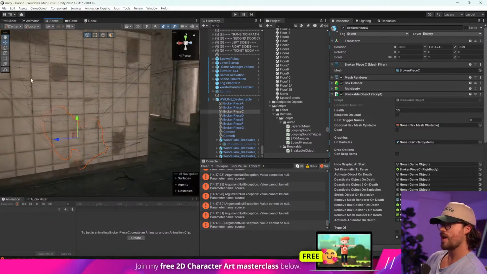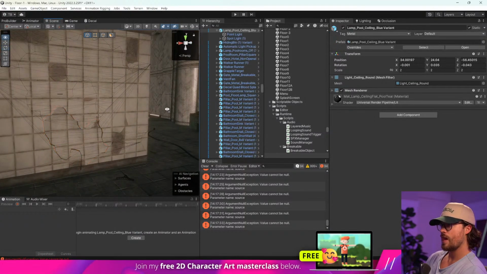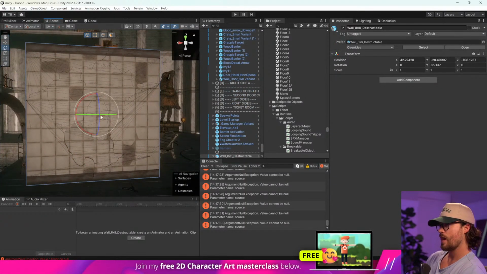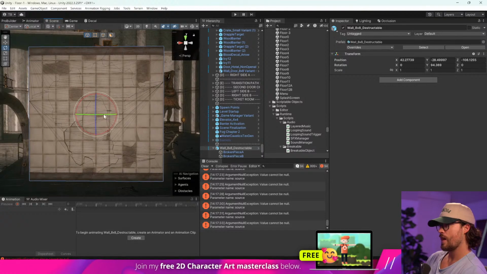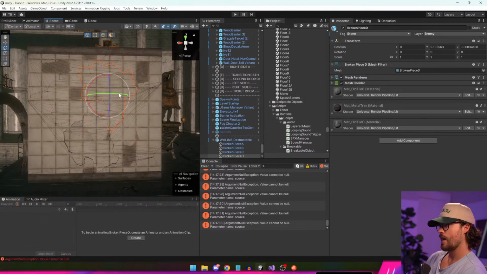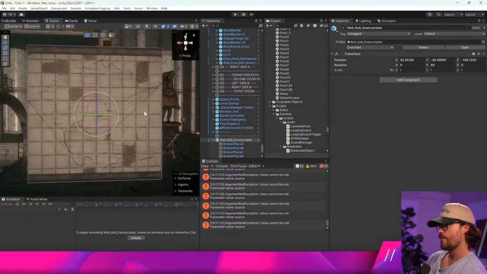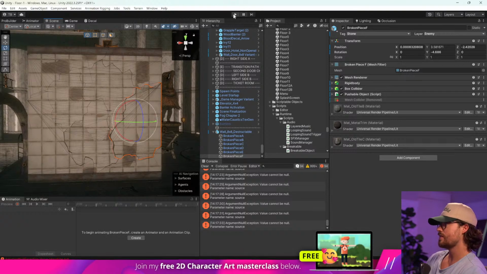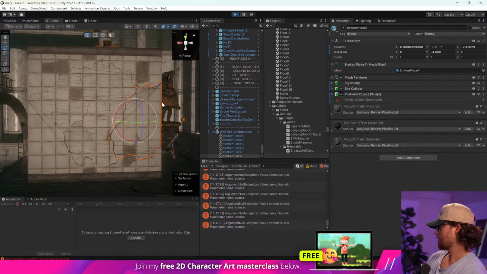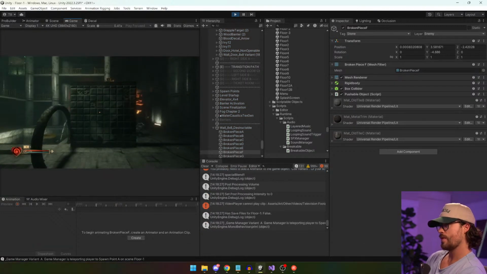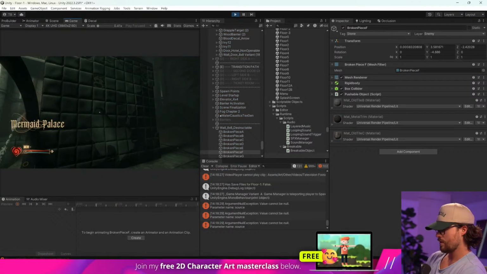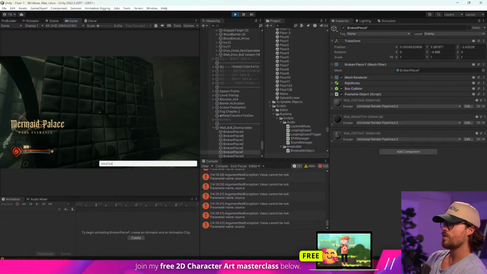They should fall out that way. Look how cool this looks. I love this because you can hide walls and